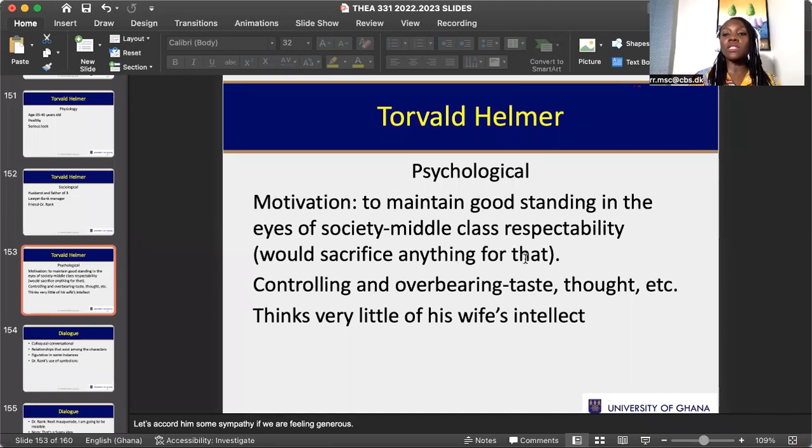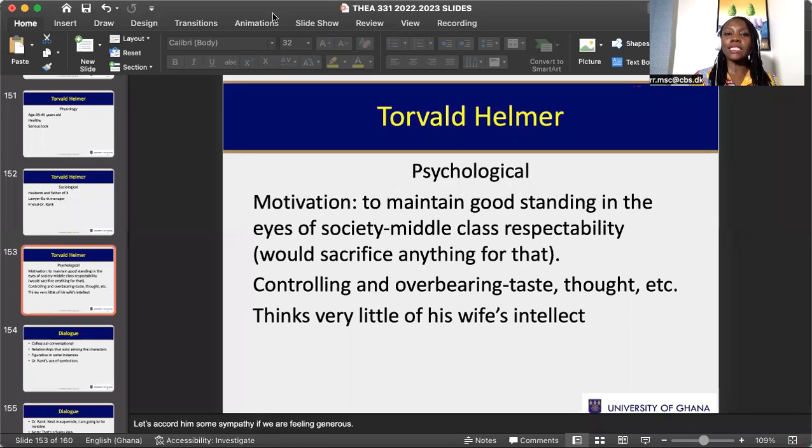They are all raised with those set standards in mind. And so all this while he thinks he's doing what is right based on how he has been brought up, based on what he thinks is right. And because of that kind of upbringing, he's incapable of seeing things any other way. That is why I was telling you about the importance of the dimensions, that you need to dig deep. You need to look at the society.